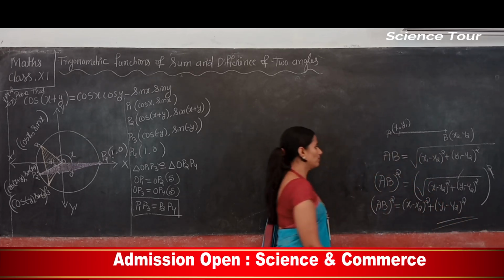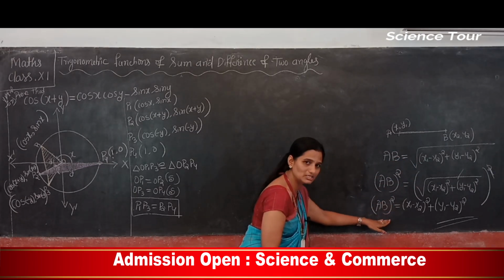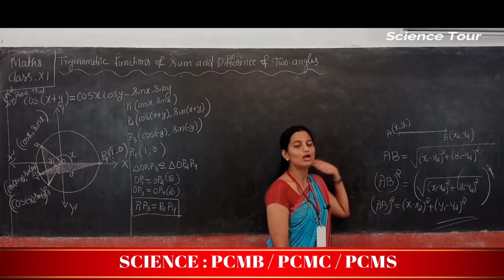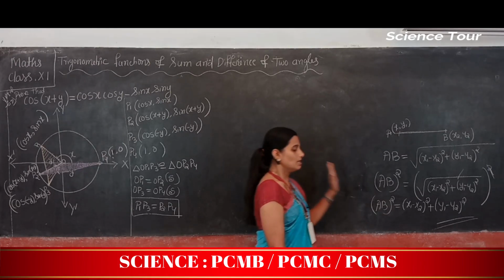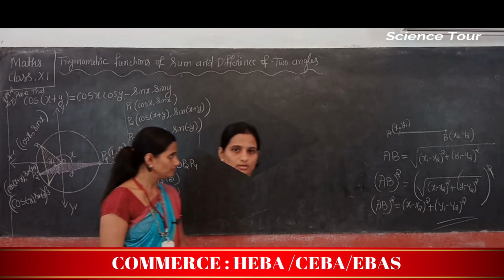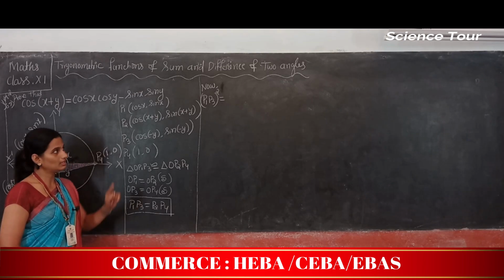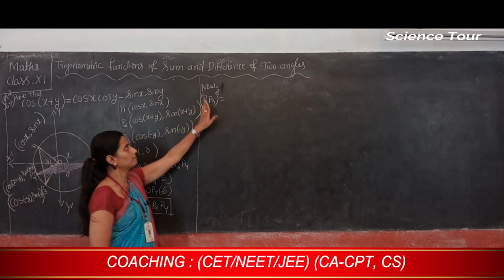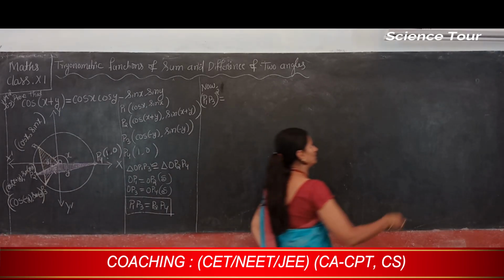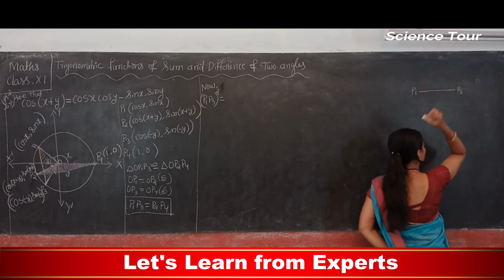So distance formula, if it is AB, then under square root. If it is AB square, then without square root. You know this difference. You used it in your previous class, right? The same concept I will use here for P1 and P3. Now next, I need P1, P3 whole square. First I will write those 2 points P1, P3, using the distance formula.